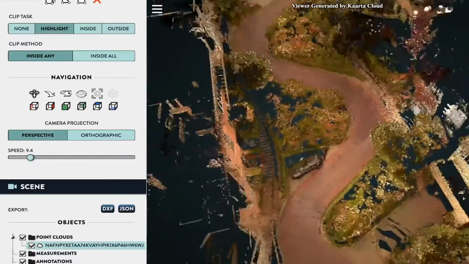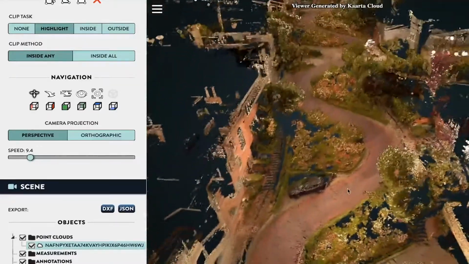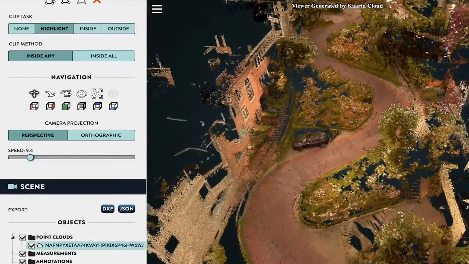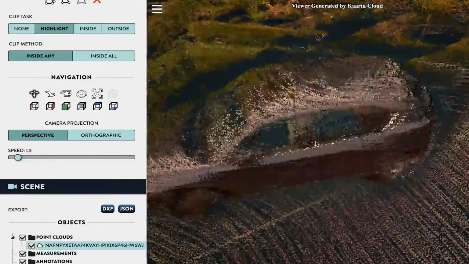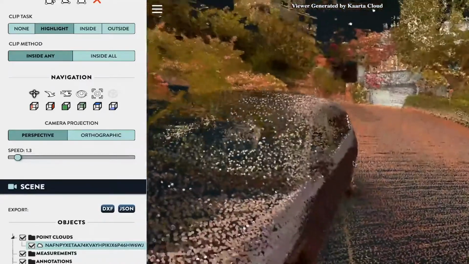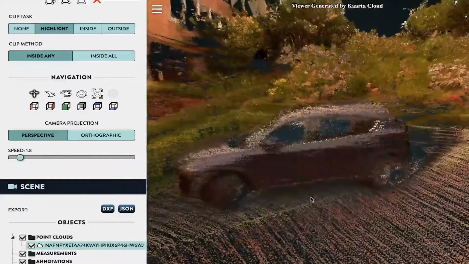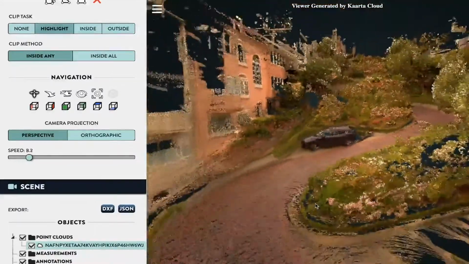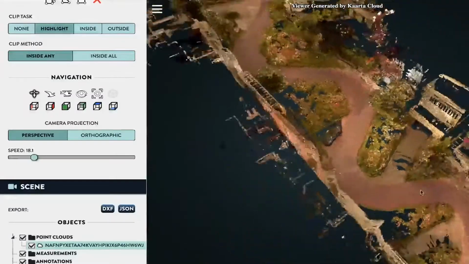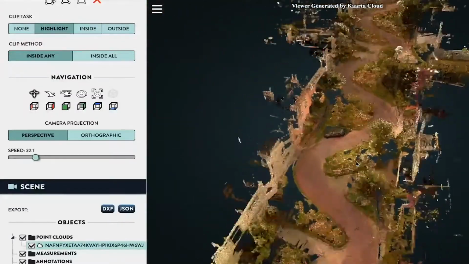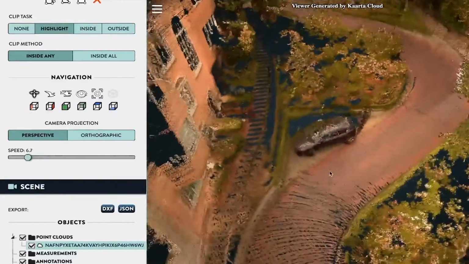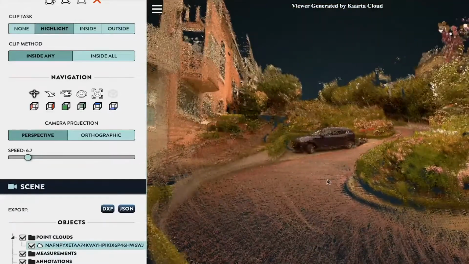This works the same on trackpads and mobile devices. To zoom into a specific spot, you can double-click on any point, and the camera will zoom into that position. You can also use the mouse wheel to zoom in and out, as well as the pinch gesture on most trackpads and mobile phones. Let's just note that mobile navigation may be a little bit different depending on your device